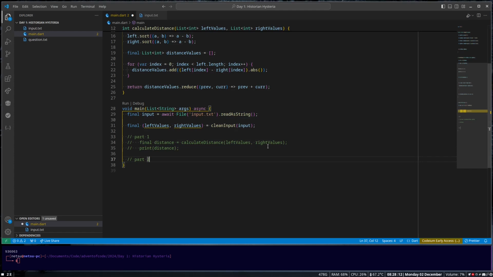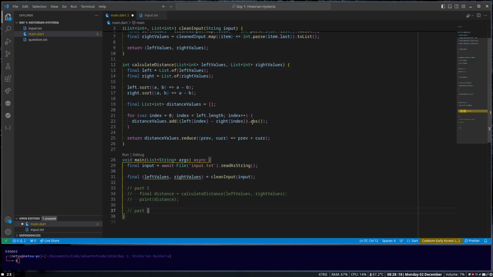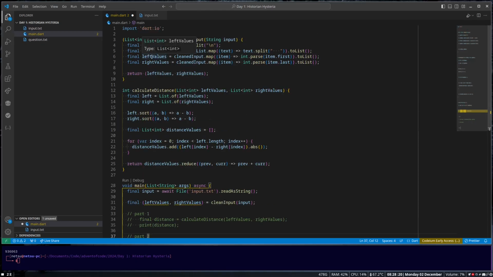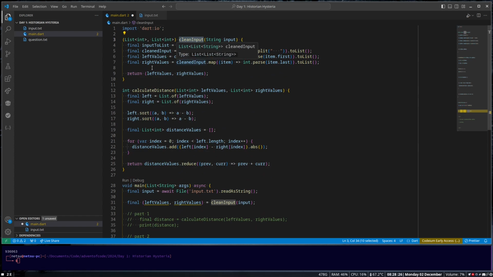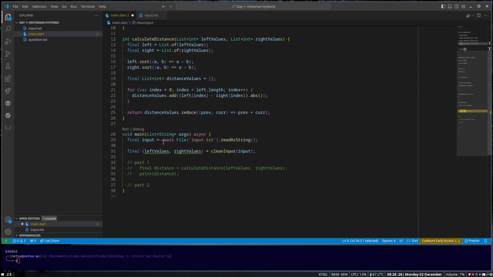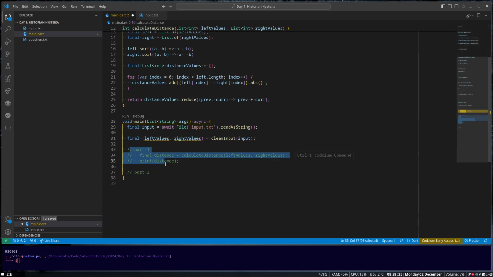Alright, so it turns out there is actually a second part to this question right here. I did not know that, so let's actually continue with it. I just cleaned up the code a little bit, so it's not too big. First off, I cleaned the input, so now we get left and right values, and we store them here. Then second, I created a calculate distance, so we don't have to have it in here, since it's anyways going